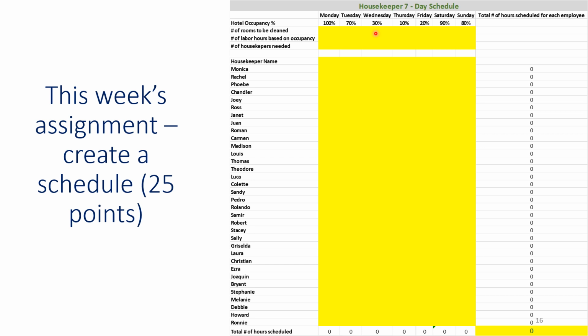Now, when you're making your schedule, you want to make sure that the number of labor hours you're scheduling matches the number of labor hours you need based upon the occupancy. So you don't want to schedule over that or under that. So you might have to think a little differently. You might have to use some strategy. Not everyone has to work 8 hours. Someone could work 6.5, 7.5, 4.5, 5.5. You can use the number that you want as long as you are meeting the number of labor hours based on occupancy. Nobody exceeds 36 hours, and they're working a minimum of 4 hours on the days that